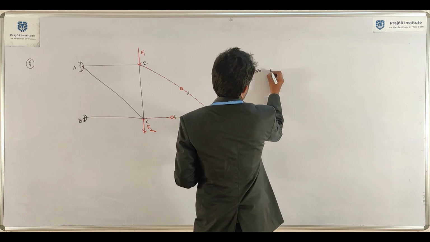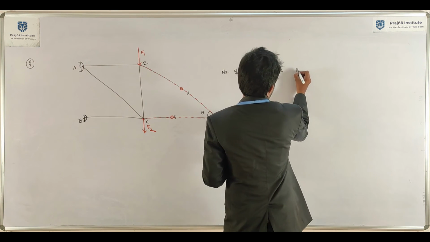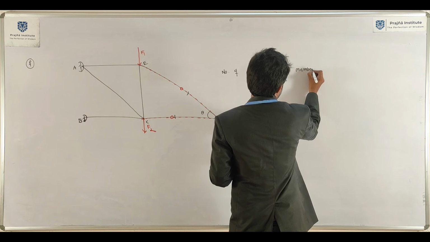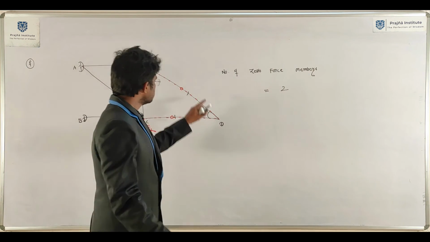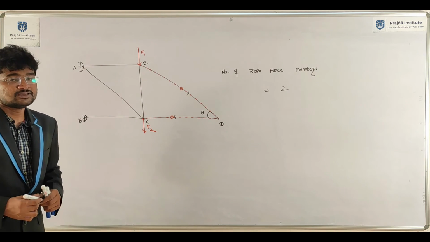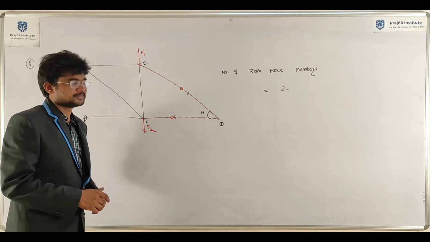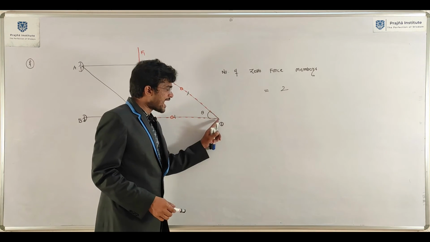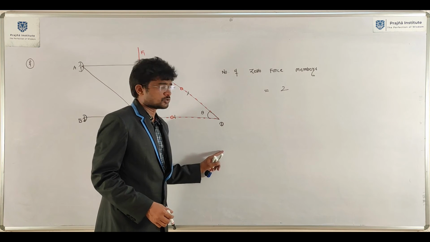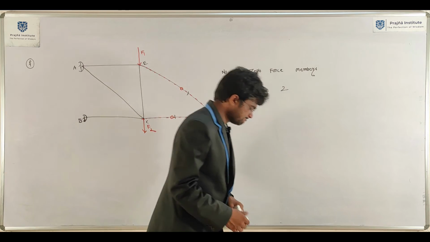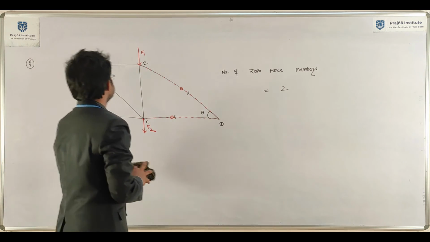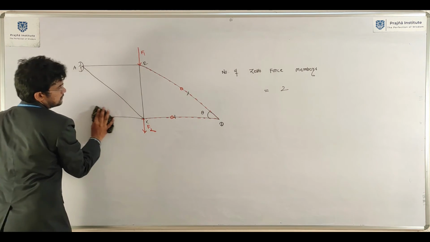Zero force members equals to 2. These two members having zero force. So once a load acting at this joint, so force in these two members not equal to 0. Next,